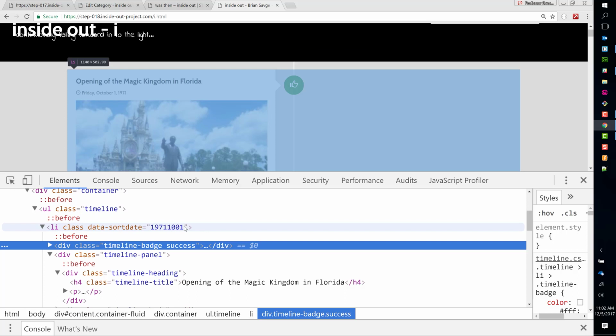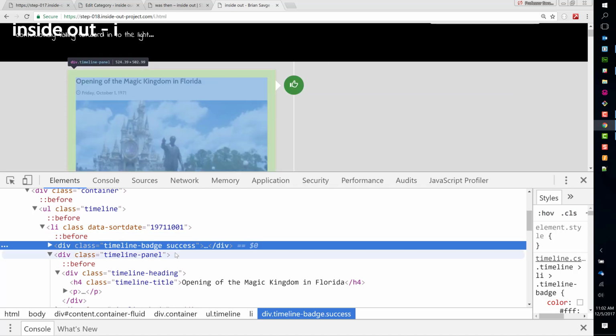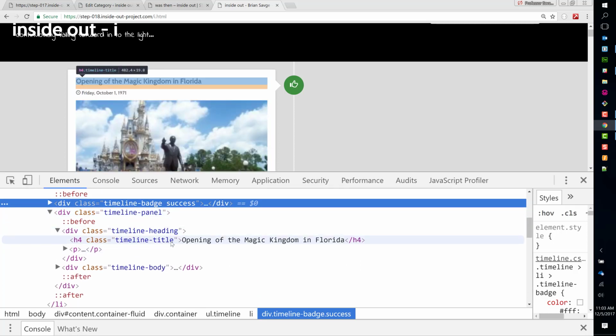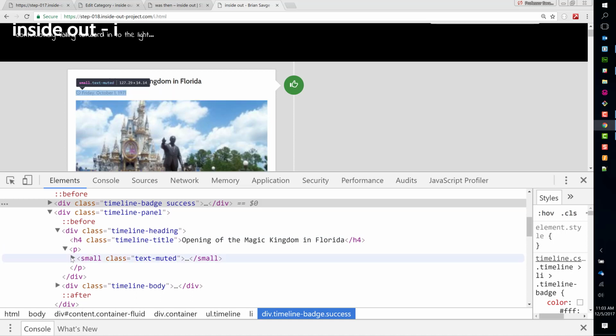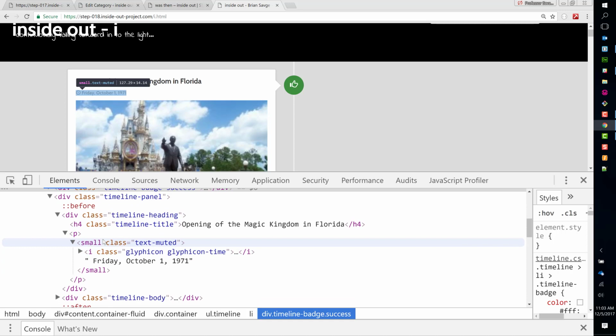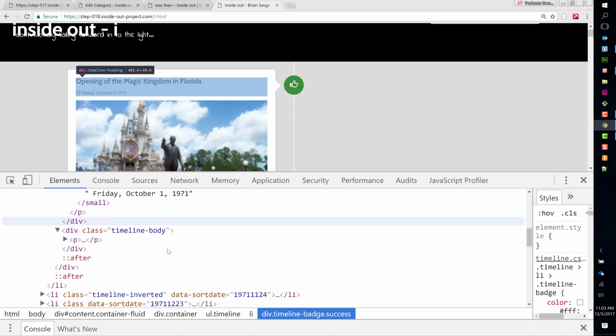So if I look, that's the element that I stuck into the page. If you look at that, inside that element is the panel that I stuck into the page. Here's the panel heading. Here's the content. Oh, sorry, not the content. This is the date, right? I come down to the timeline body. Inside the body,